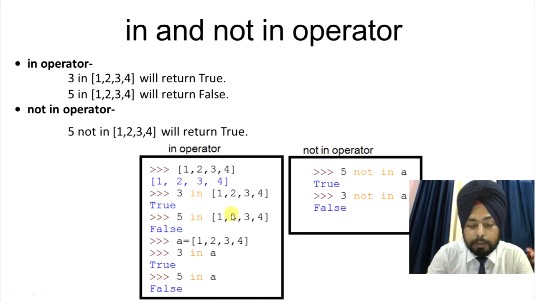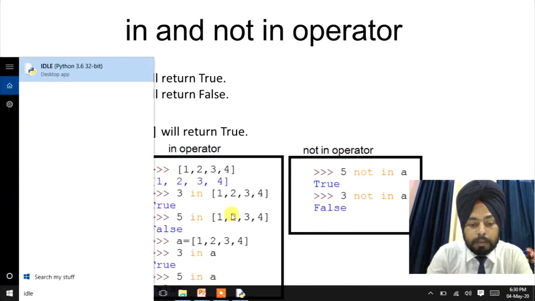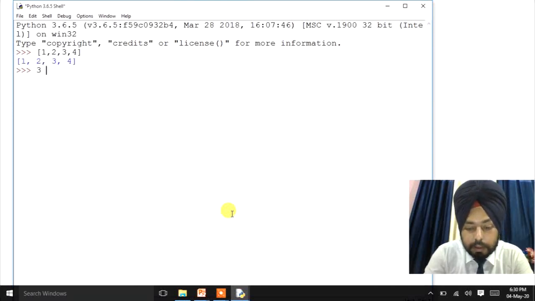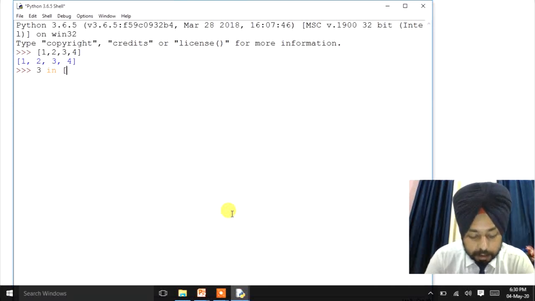Let's take a practical. Suppose I create a list 1, 2, 3, 4. Now if I find 3 in 1, 2, 3, 4, it will print true.